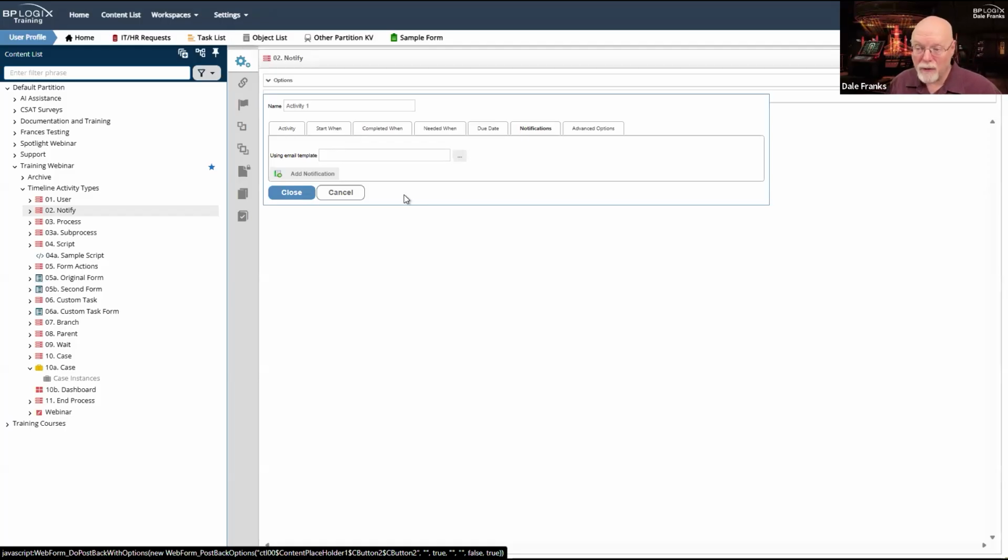If you're going to use a notify activity, you really, really need to have a customized email template that is set up to send these sort of extraneous notifications. You would never want to use the default notification that is built into Process Director. I mean, it'll work if you do, but it's generally a bad idea.